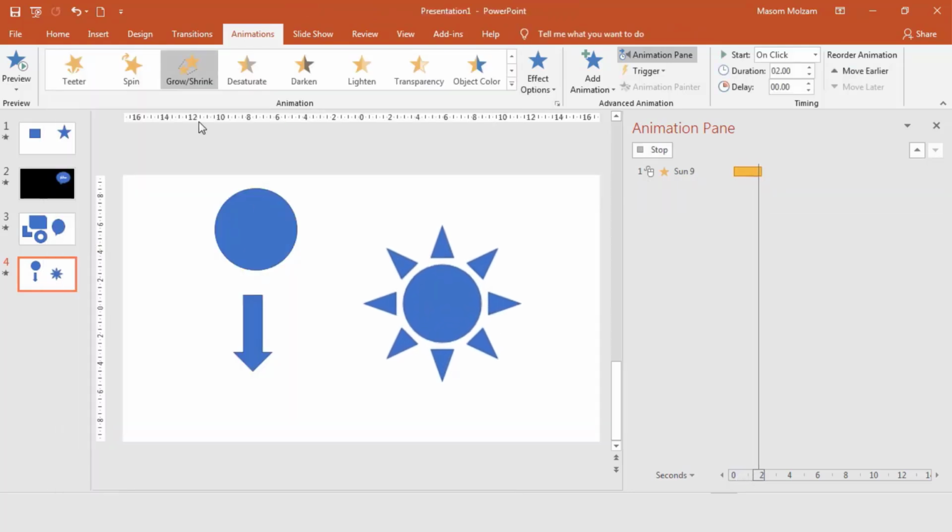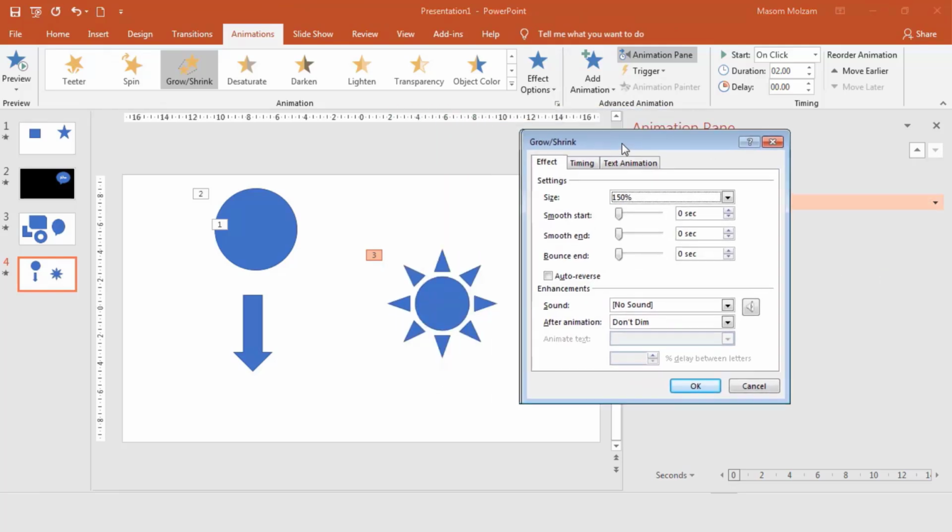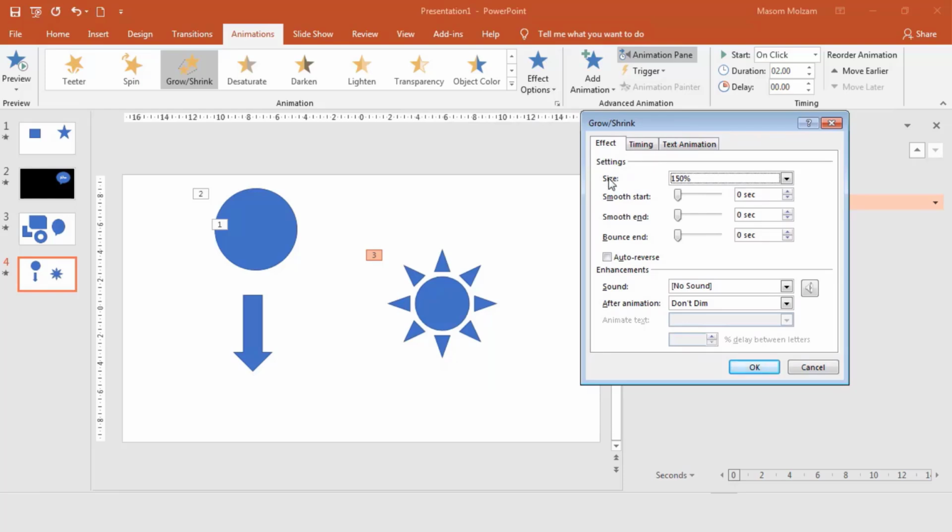And another point that I want to tell you about is the grow/shrink animation. The thing that it does is to make the object bigger and smaller. And you can regulate this amount in the Advanced Effect option in the Size section. By default, it is on 150, and when you open this menu, you can see some amounts that are here by default. By default, it was on larger. We select tiny, it became